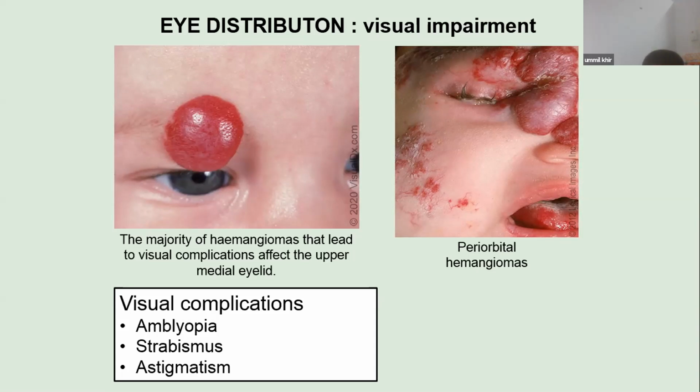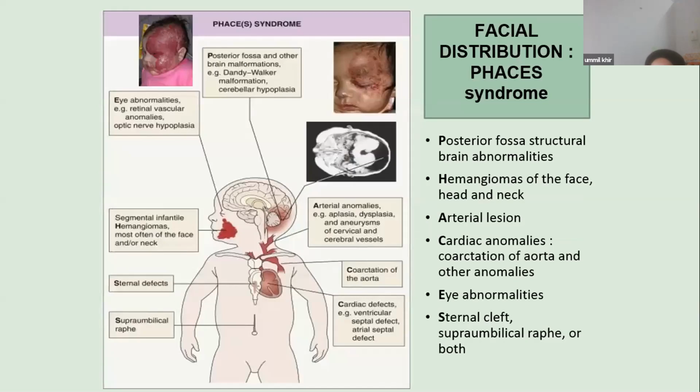Next. Okay. The next one is PHACE syndrome. PHACE syndrome is a neurovascular syndrome defined by the presence of a large segmental hemangioma, usually on the face or head. They are associated with one or more congenital malformations, most commonly structural or cerebrovascular anomalies of the brain. So if there is a segmental hemangioma on the face, the doctor needs to suspect that the patient may be complicated with other abnormal conditions.